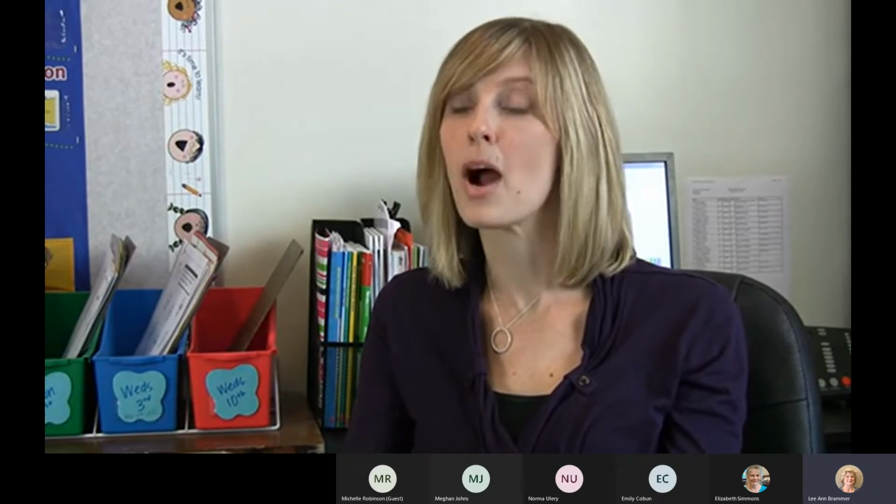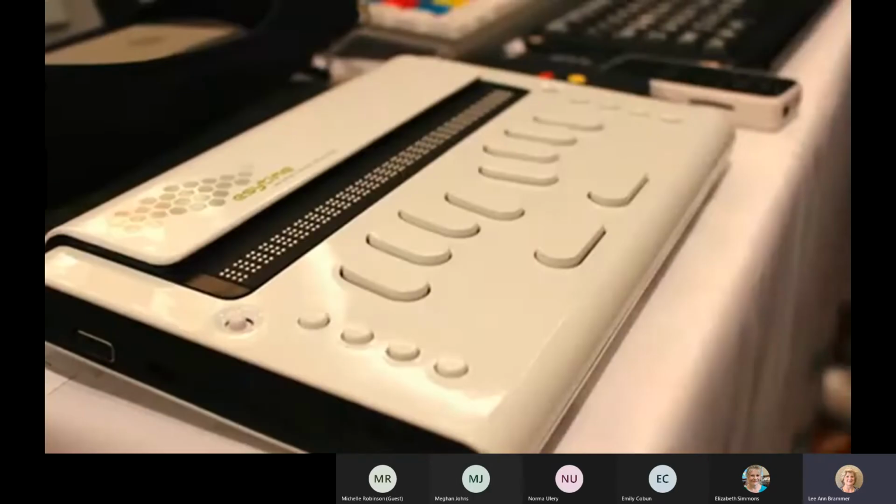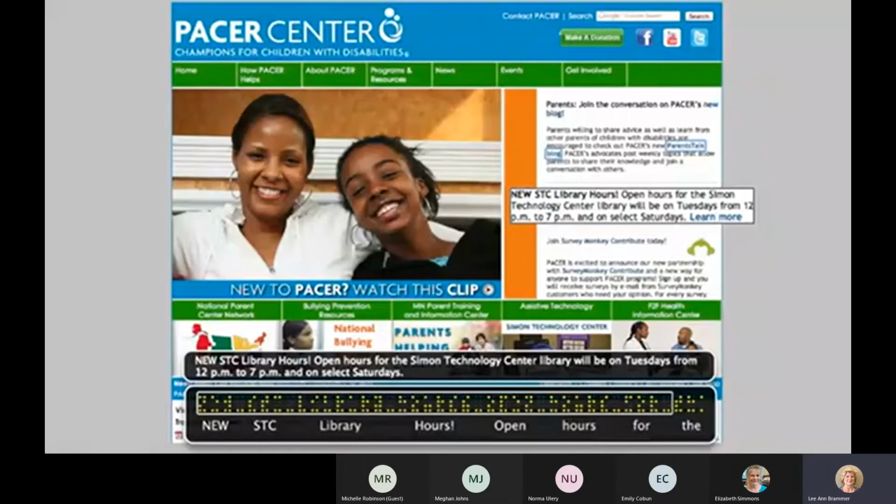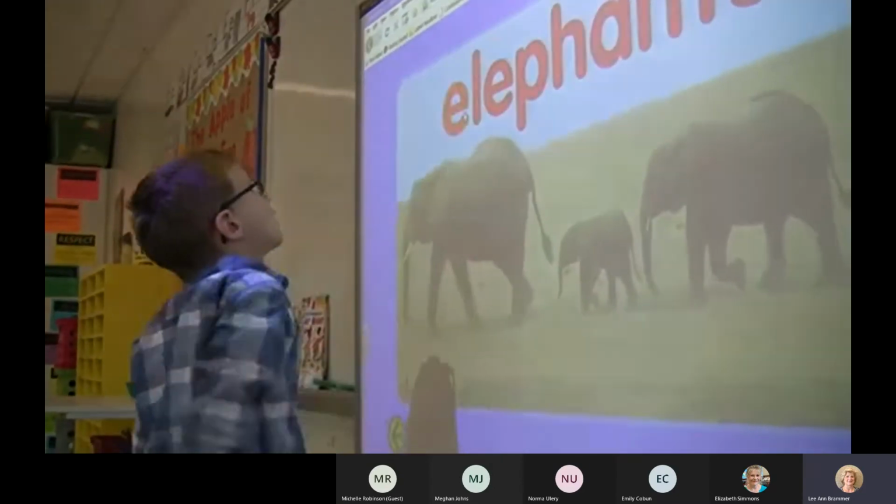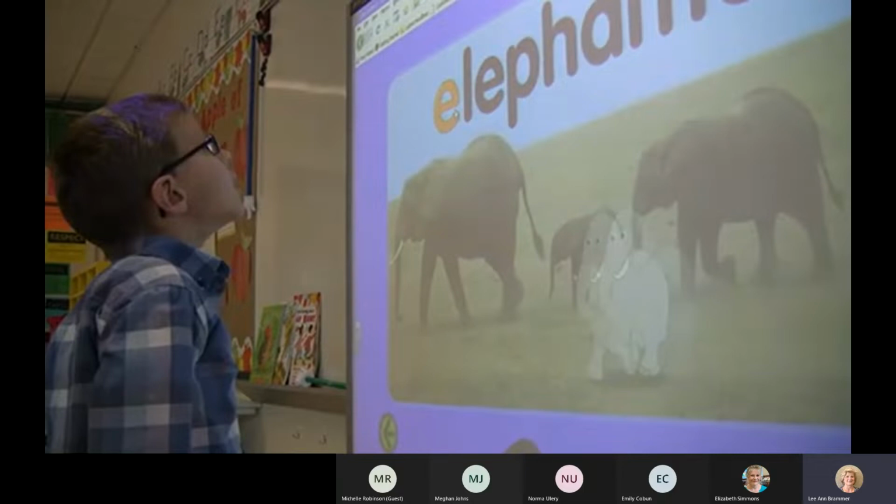Technology in the field of blind and visual impairments is constantly changing. And in fact, Mason, while he's using a Mountbatten now, that's not necessarily the primary piece of technology that he'll be using in a couple of years. There are Braille note takers, there's screen reading devices. Technology is constantly changing. And Mason, because he's so technology driven, will probably continue to integrate technology into